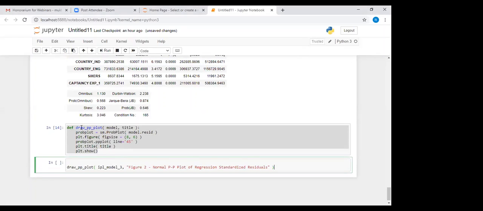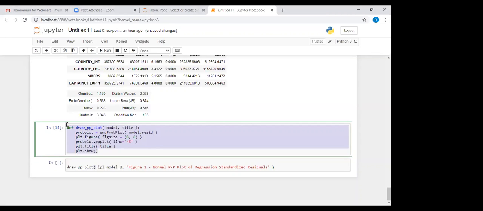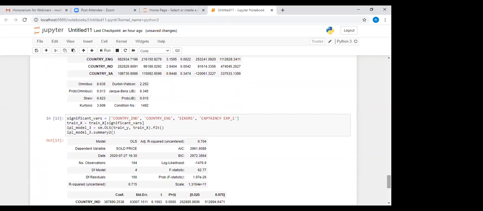This is the function for the PP plot, and we will run the function on this IPL model 3. See, this is the function defined. You don't need to go into the depth of the function. Just for implementation, you use this function for drawing a PP plot and change the model name. You use this exact function, just change the model name. I am trying to find the PP plot for IPL model 3.